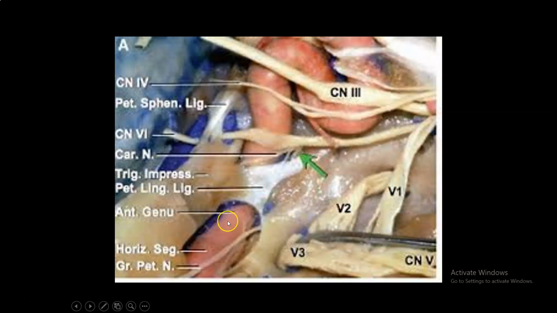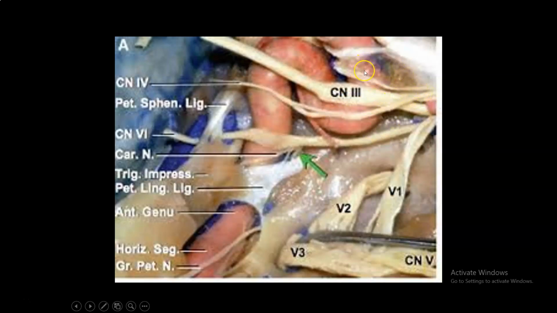And here you see the entrance of the internal carotid artery into the cavernous sinus through the medial and lateral petrolingual ligaments, or the sphenopetrosal ligaments or petrosphenoidal ligaments, medial and lateral, fixing the internal carotid in place. Then this is after the lateral loop. This is the medial loop, cavernous part here. This meningohypophyseal trunk coming out of it. This is the horizontal segment of the internal carotid, and this is the anterior loop giving the ophthalmic artery,